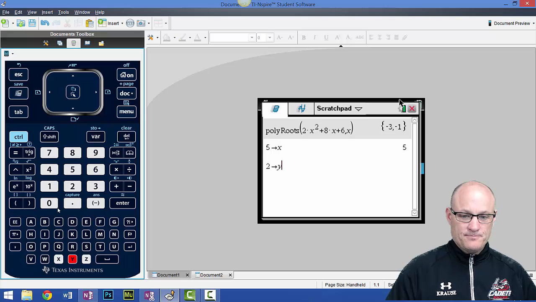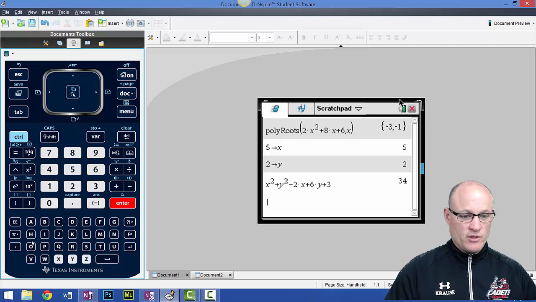Where's y? Y. So my original one was x squared plus y squared minus 2x plus 6y plus 3. 34. Now let's type in my choice, which was parenthesis x minus 1 parenthesis squared plus parenthesis